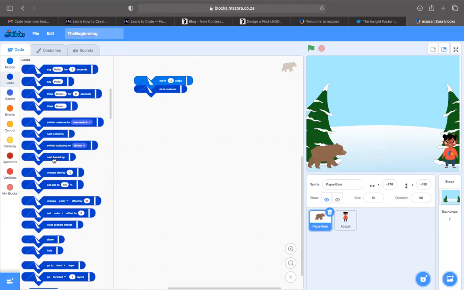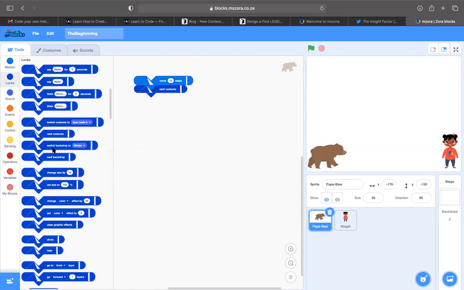Then you are going to select next costume. Sorry, not next backdrop, you select next costume and you drag it and click it onto that move 10 steps, such as I have done here. All right, so when we have this, if we now click on our code, you will see what happens.